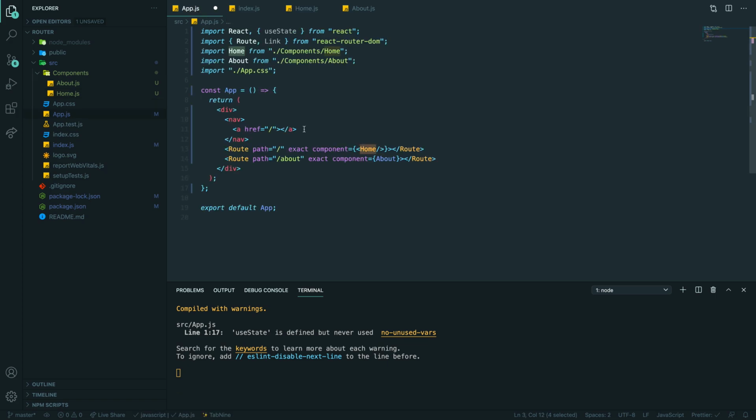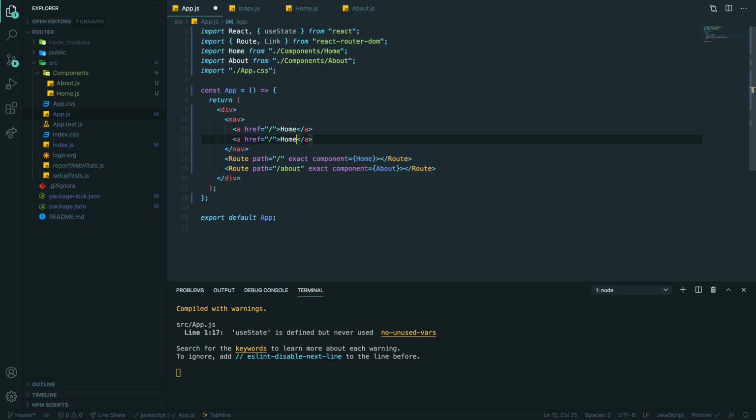It expects a function that will return a JSX component. Just the name of the function would do. Yeah, exactly. So if you do this, let's say home, and we will have about,